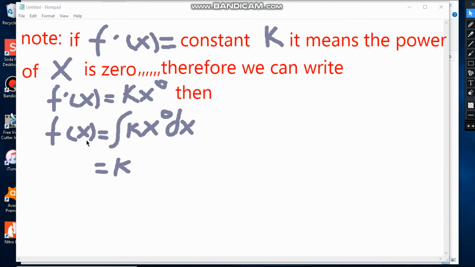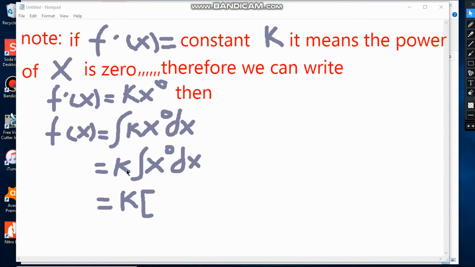Okay, f dash of x is equal to kx raised to 0, and since k is a constant, we move it out of the integral sign and we remain with the integral of x raised to 0 derivative of x,